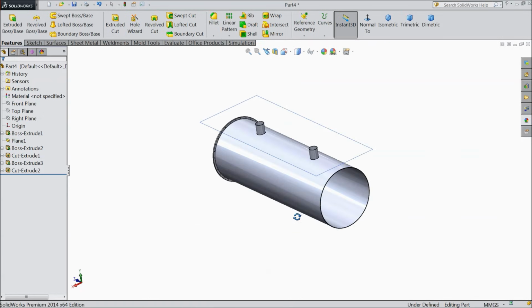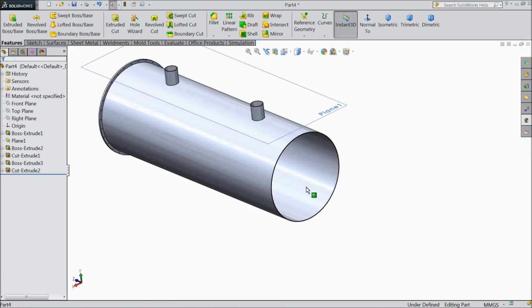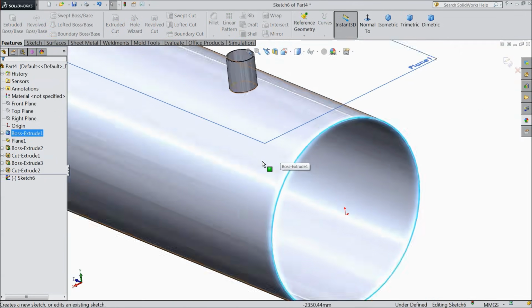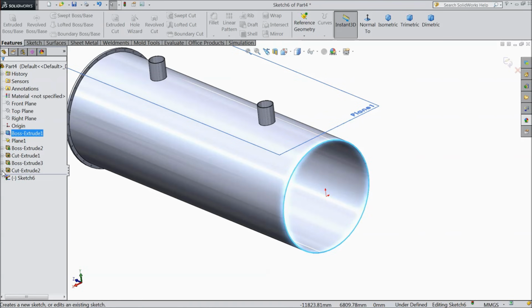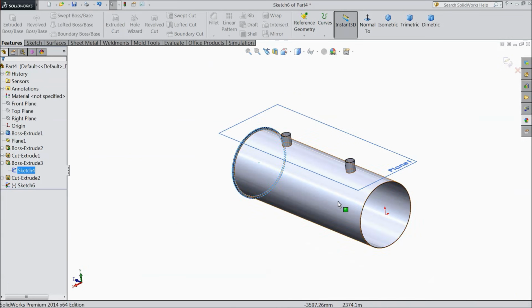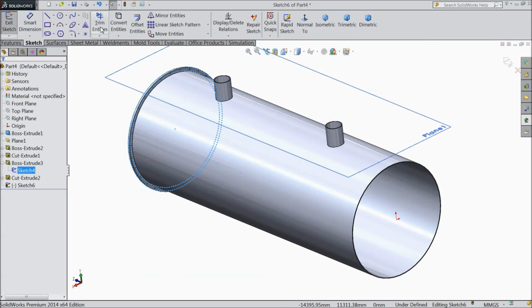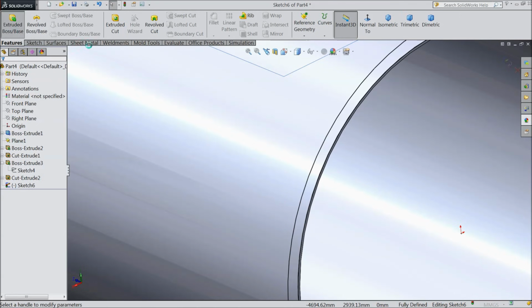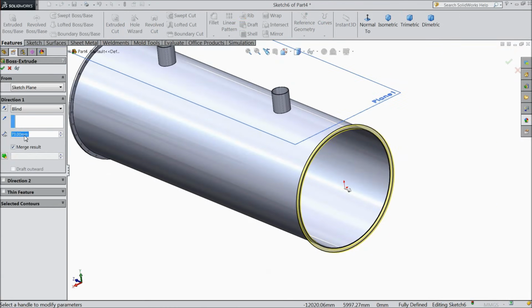Now the same thing we have to do. Select this face, sketch, and select this sketch, and select convert entities. Now see the things are converted. Now select extruded boss. Keep 73 mm inside. Okay.